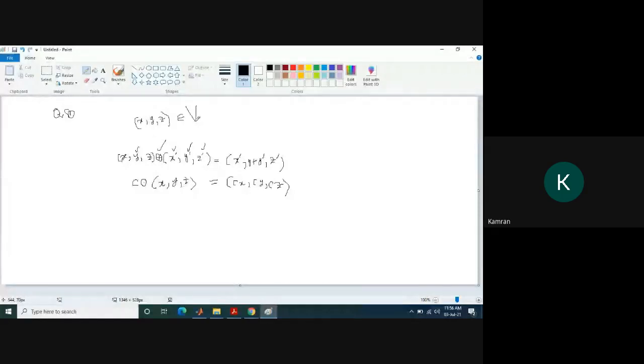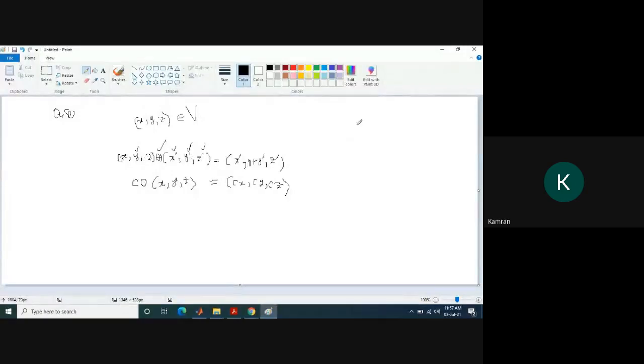V contains ordered triples and all the components of that ordered triple must be real numbers. So here x, y, z is the first ordered triple and x prime, y prime, z prime is the second ordered triple. When we add them, we get x prime, y plus y prime, and z prime. x prime is a real number, y is real and y prime is real, so their sum is real. Also z prime is real, so this ordered triple contains all real numbers, so it belongs to V, and this is the closure property.